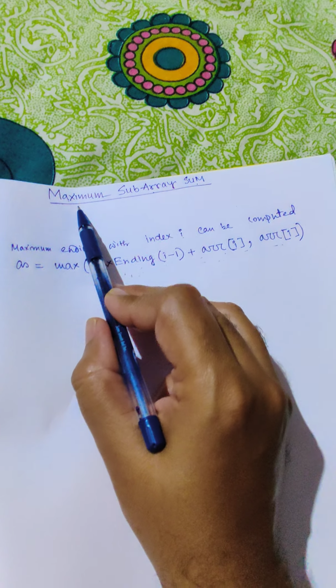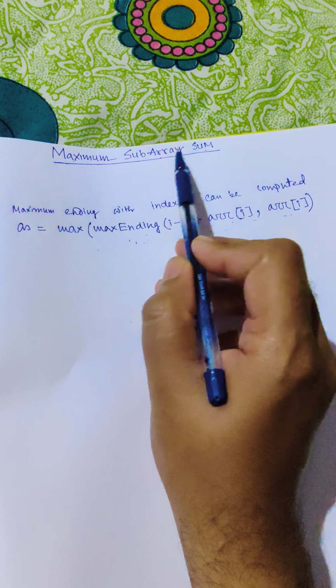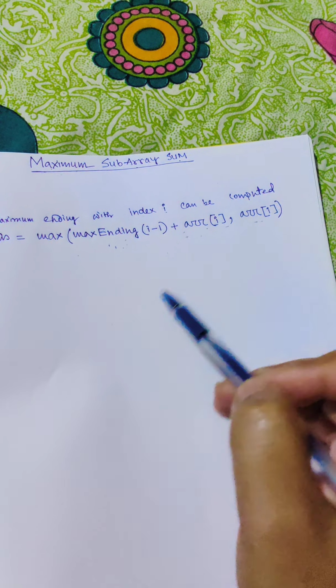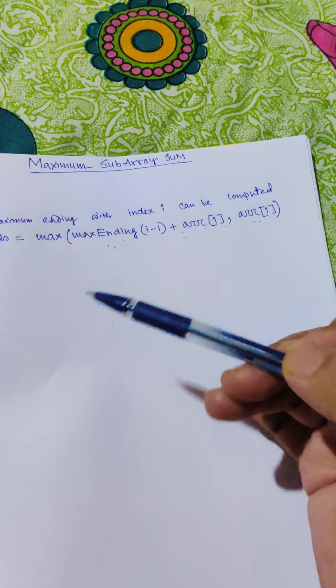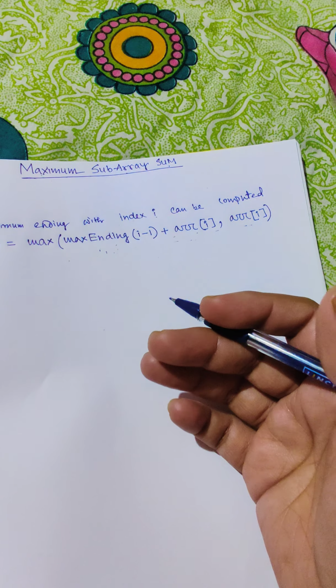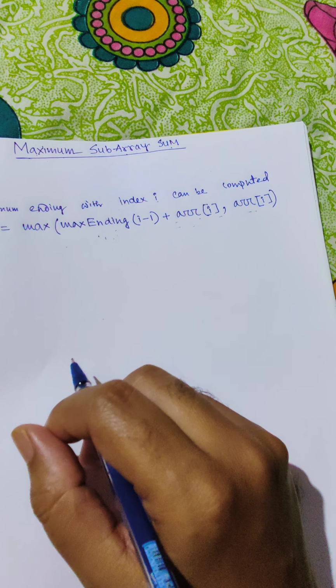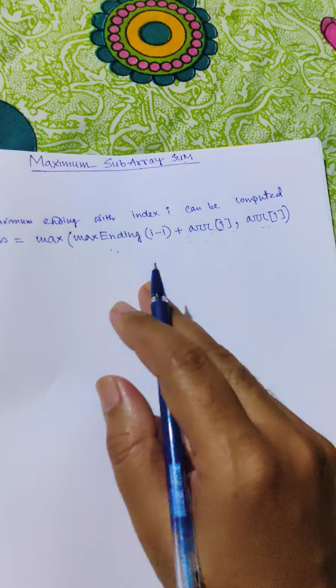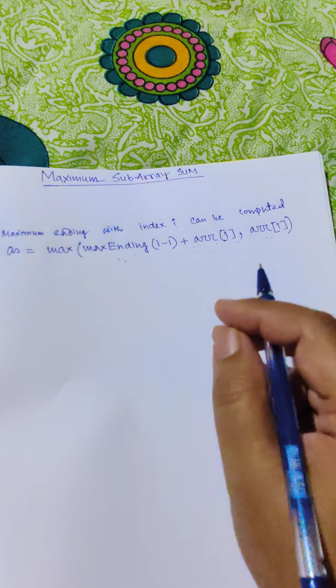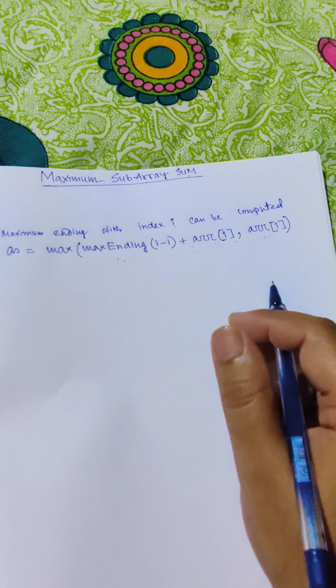Today we will be solving the maximum subarray summation problem. What does that mean? First of all, we have to know what a subarray is. A subarray is also a kind of array, but it is a subset of an array, we can say. So that means a subarray should have a contiguous memory location.